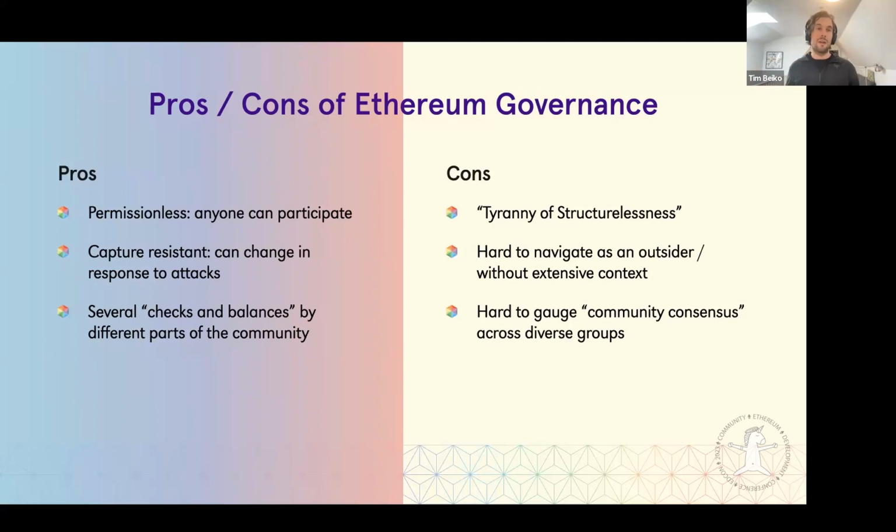And then lastly, there are several checks and balances. As we went through this entire onion of different stakeholders, these are all effectively checks on one another, which is very valuable because it means one of those groups can't unilaterally change things in one direction. But this means that when there are contentious issues, it's really hard to gauge what the community thinks, right? What's the consensus here? How do we weight different stakeholders? There's no formal way or unique way to do that.